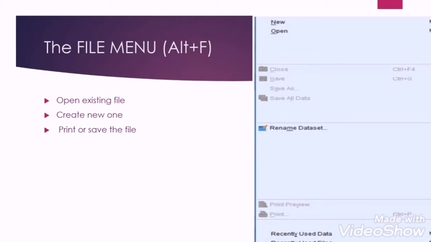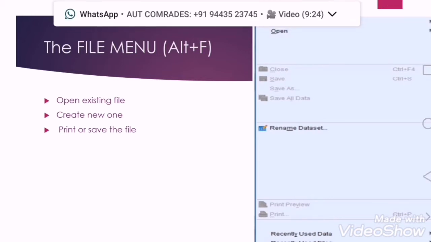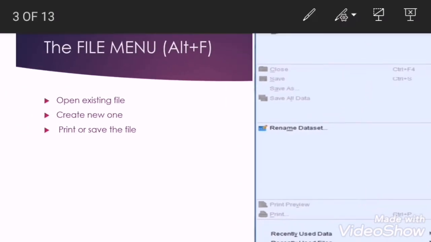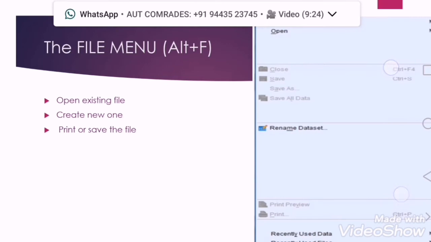The recently used data and recently used file list allow us to quickly access files that we have recently opened or worked on. The main options we might be likely to use are highlighted in the drop down menu, which are displayed on the right hand side.